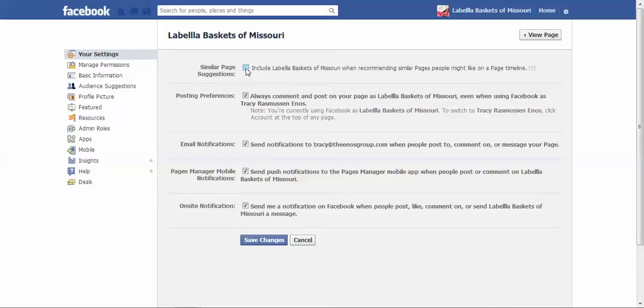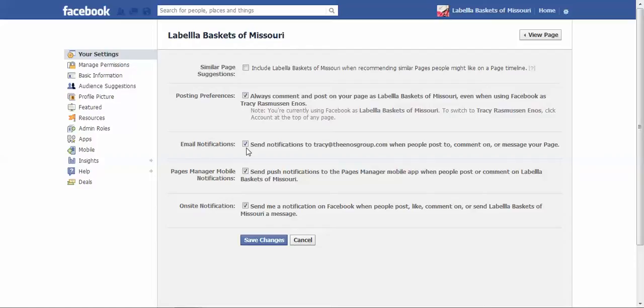Email notifications, this depends on how many you're getting. So if you're an email person, go ahead and leave this checked. If you're not an email person and you just get bombarded with email all day long, I would uncheck this, but maybe to start out that way as your page starts to grow. But when you start getting thousands and thousands of fans and you're getting a lot of likes on there, what I don't want you to do is to get bombarded with email. So I would at that point come back and uncheck it.